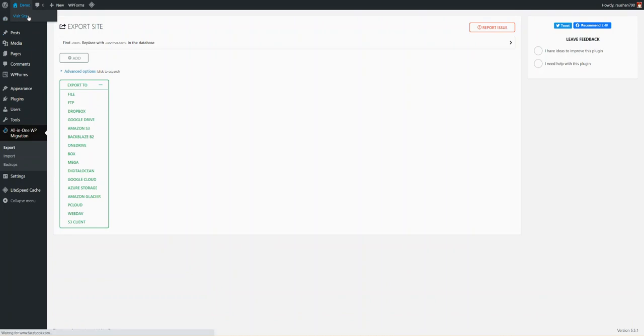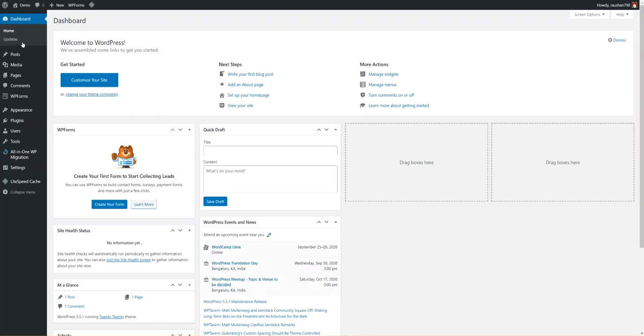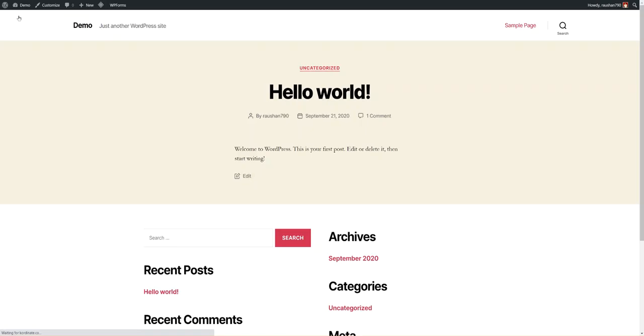As you can see, the site is like a fresh installed copy, so it's a default site. And I have already taken a backup. You can see the backup over here. Okay, so I will demo this on a new one. I have an existing backup of another site. What I'm going to do is upload that backup, and this website will change according to my backup. So I will show you how to do it.